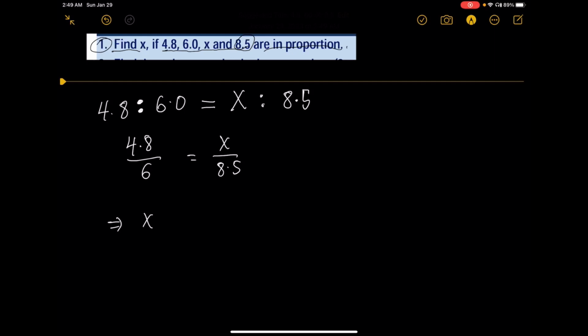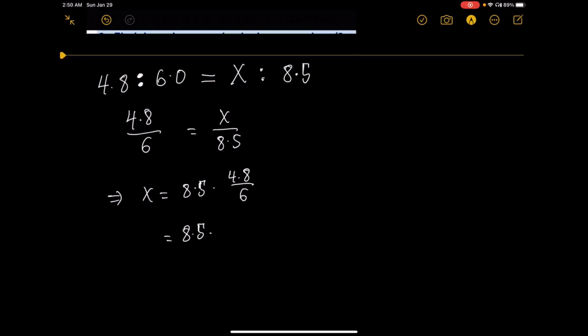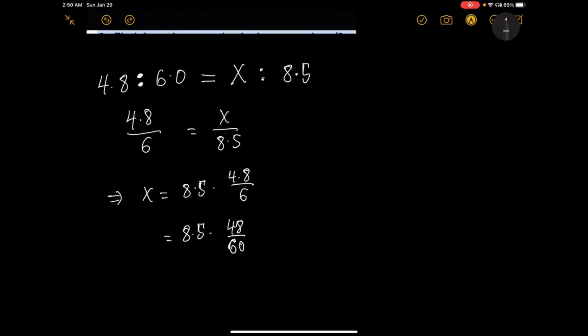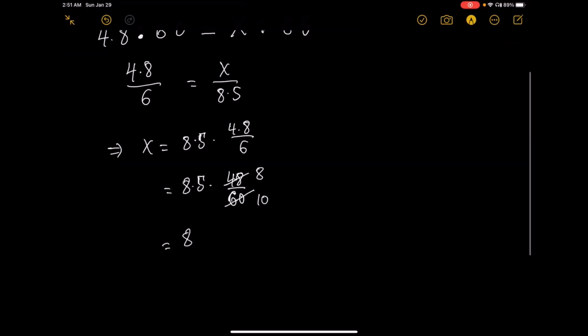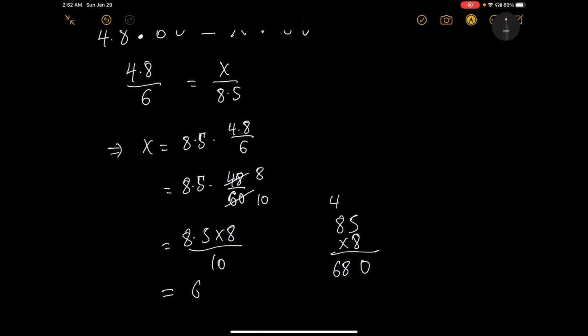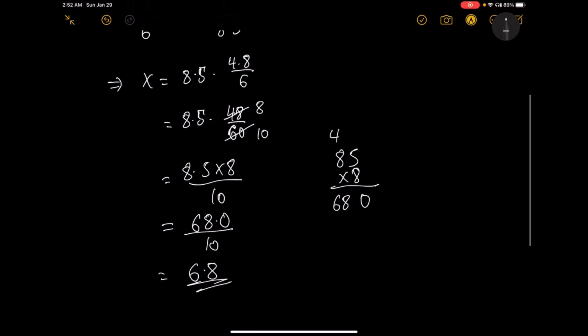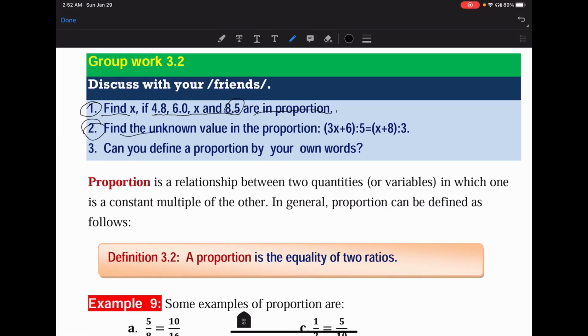ነው this implies x is equals to when I multiply both sides by 8.5 I get 8.5 times 4.8 over 6 the numerator and the denominator by 10 over 10 60 ሲካፈል ለ6 10 48 ሲካፈል ለ6 8 is 8.5 times 8 over 10 8.5 times 8 ስንት ነበረ 68.0 over 10 is equals to 6.8 then ሁለተኛ find the unknown value in the proportion 3x plus 6 ratio